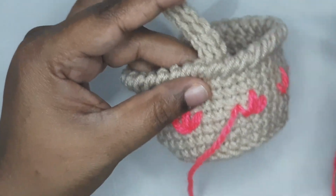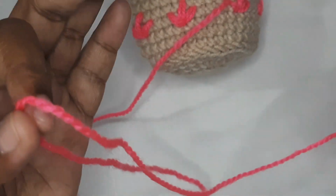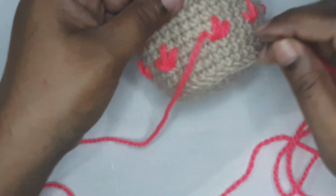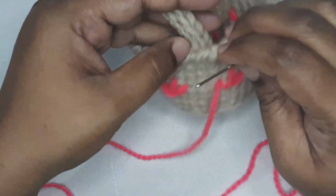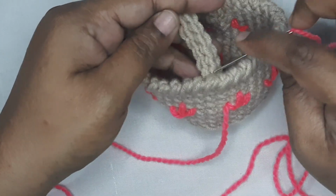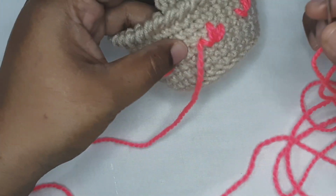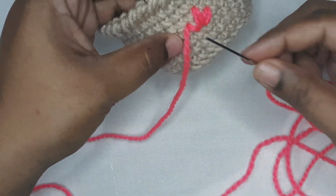So here's what we are going to do. If you have enough yarn, as I have enough yarn, I'm going to continue with it for the handle part also. But if you don't have, you finish these flowers and you can join the yarn from here and start the handle. Okay, but I have enough yarn, so what I'm going to do,